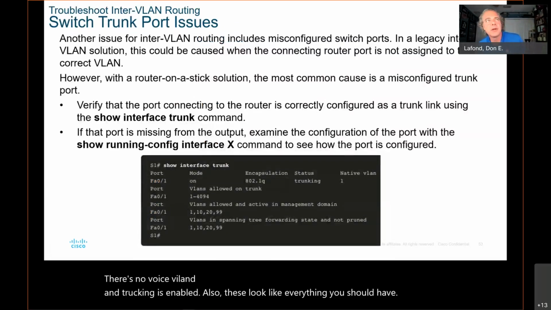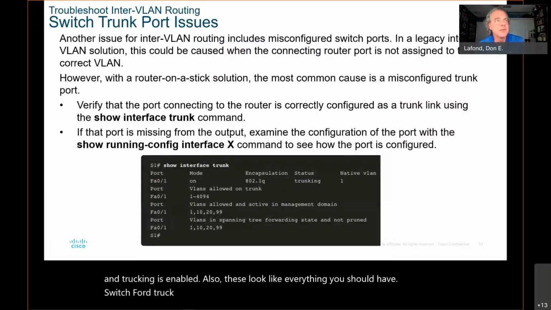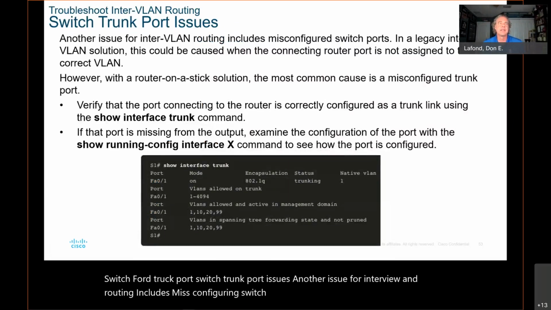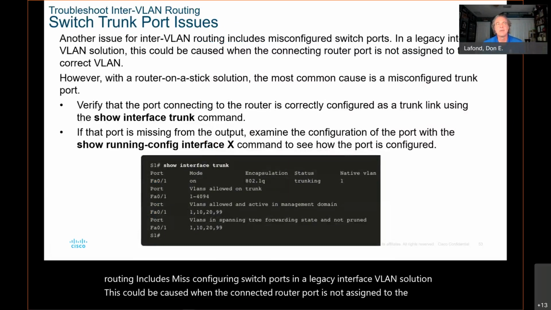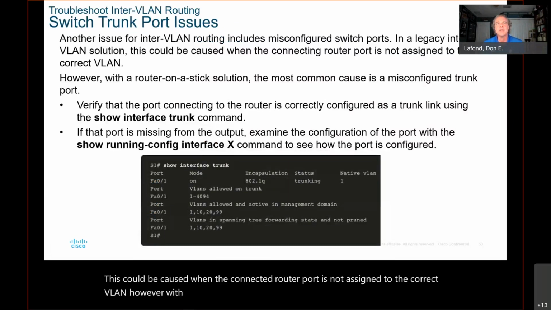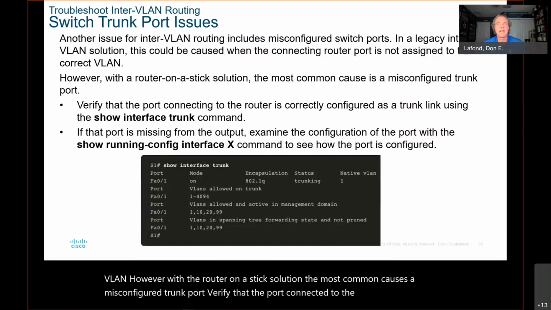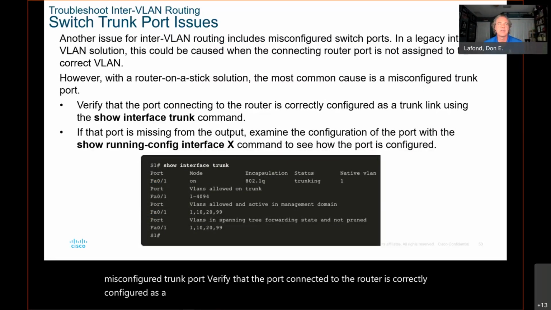Switch trunk port issues. Another issue for Inter-VLAN routing includes misconfiguring switch ports. In a legacy interface VLAN solution, this could be caused when the connected router port is not assigned to the correct VLAN. However, with the router on a stick solution, the most common cause is a misconfigured trunk port. Verify that the port connected to the router is correctly configured as a trunk link using the show interface trunk